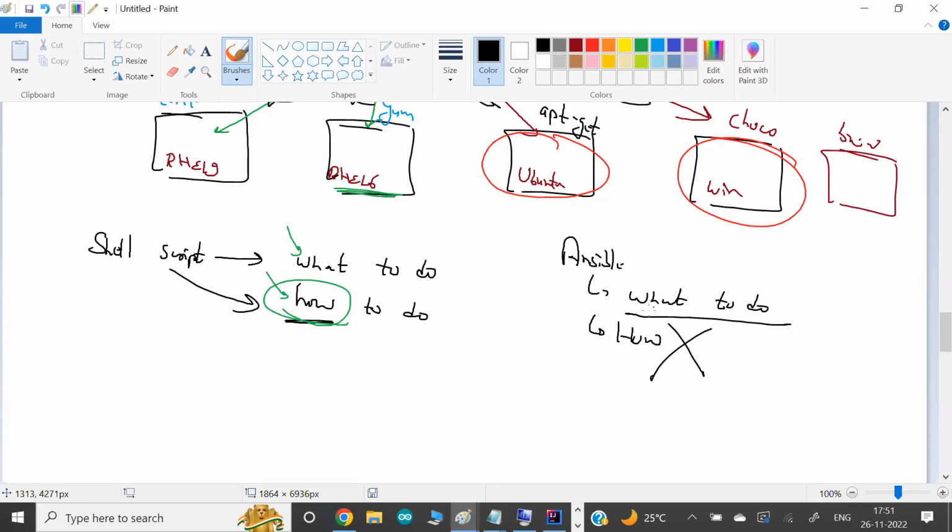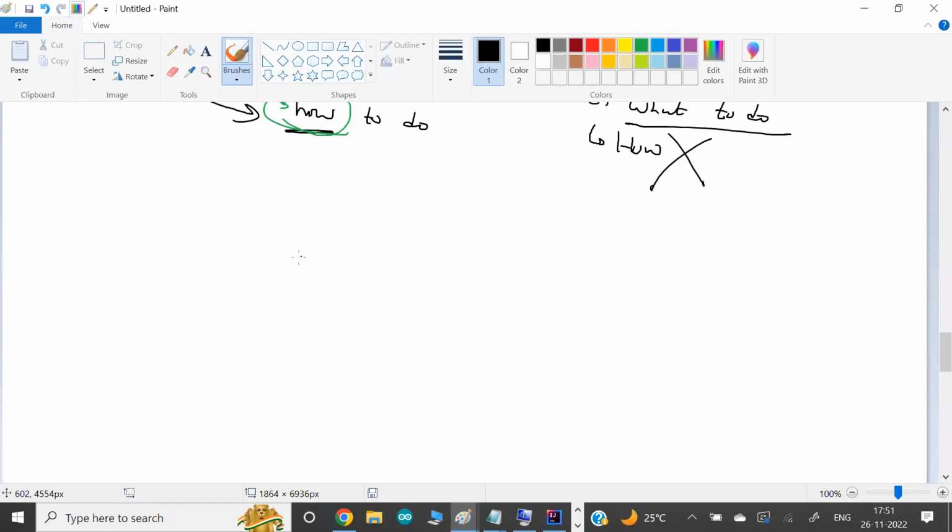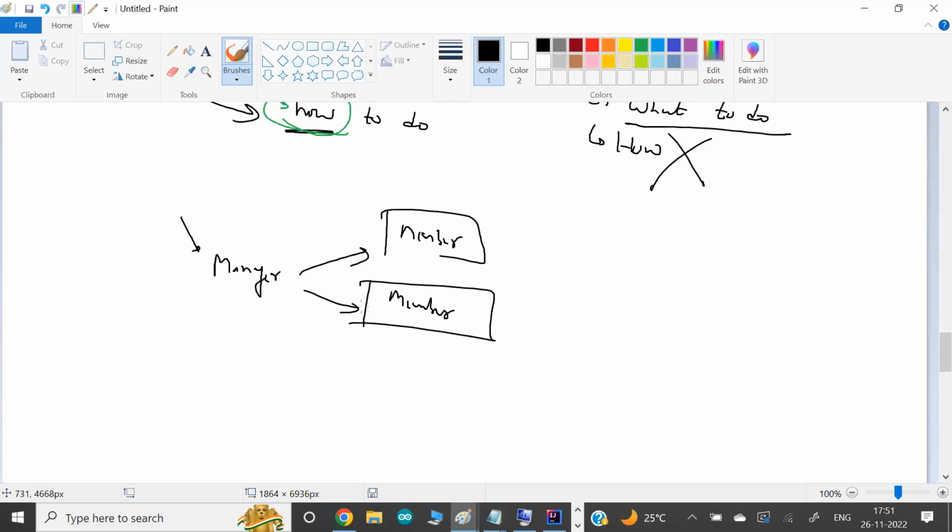It is more like in a company where we have a team, and in the team we have the manager and multiple different team members. As the requirement comes up, the manager will tell the team members this is what I want to achieve. And obviously, if the team members are intelligent, they will get the job done. So the manager declares what they're looking for. How they do it, they are already intelligent. The members will do it for us.